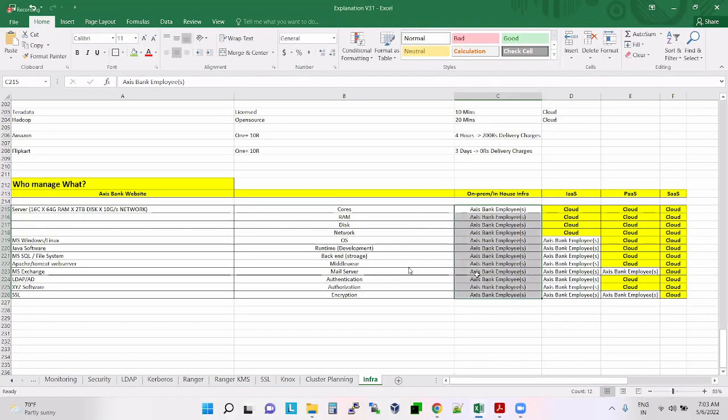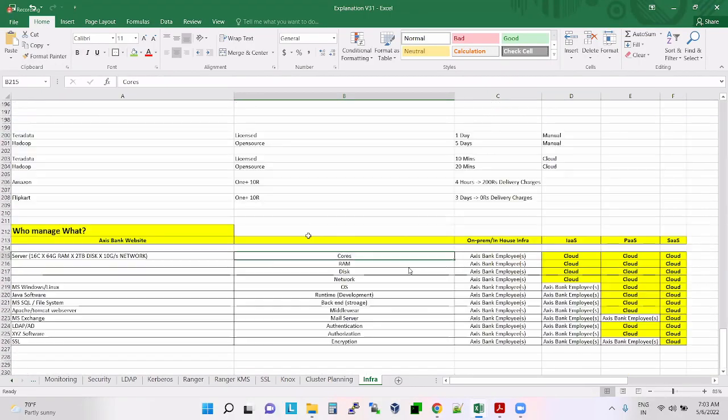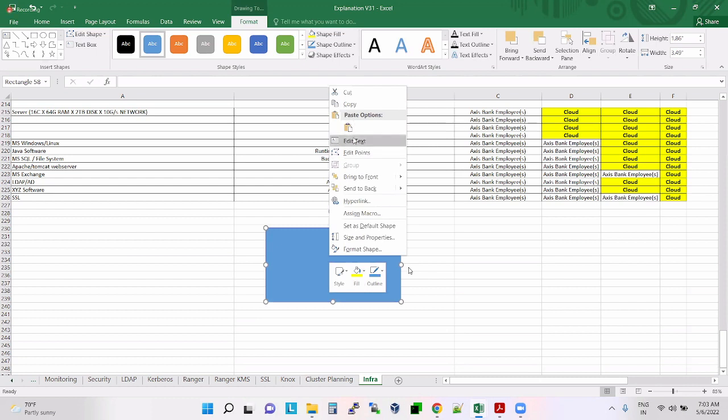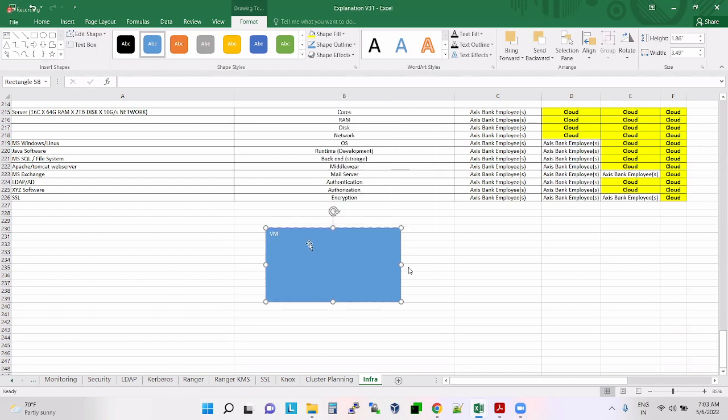In the case of the IaaS model, the user just says, give me a VM, that's it. Give me one virtual machine, but inside that, don't install any OS, no software.